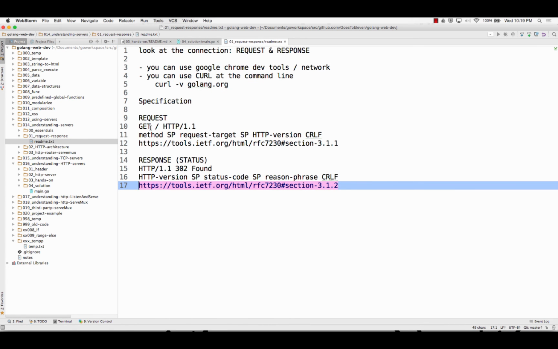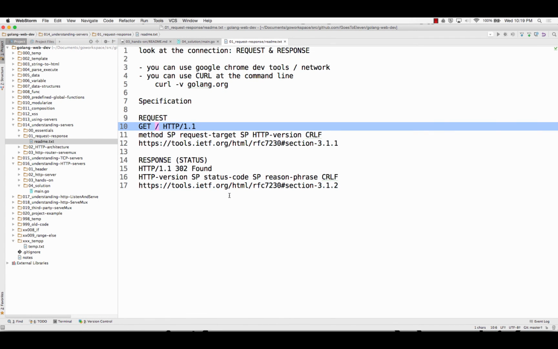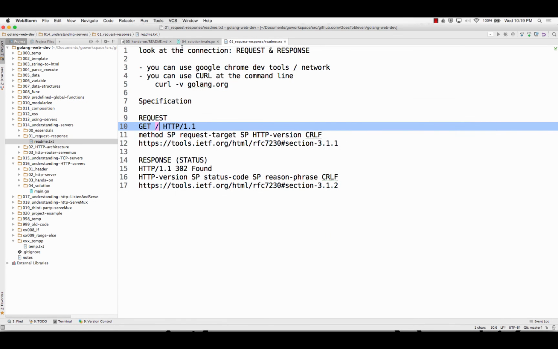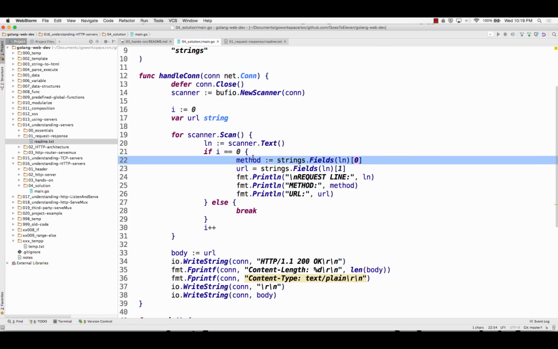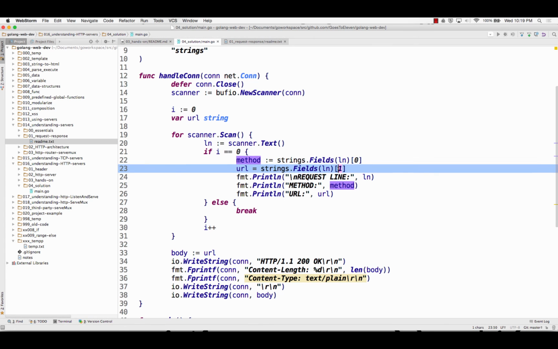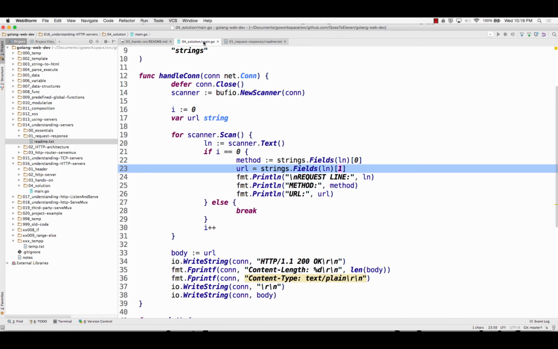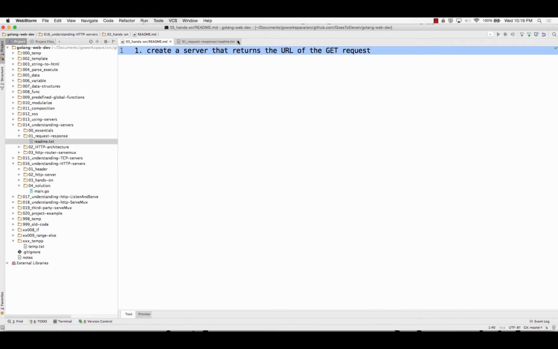It's the method and then the URL. And so all you have to do is take the code that got the method, and you want the next in line, and that's the URL. So the homework was to create a server that returns the URL of the GET request. That's just the next thing in line. So do that. Start not with the solution, but with